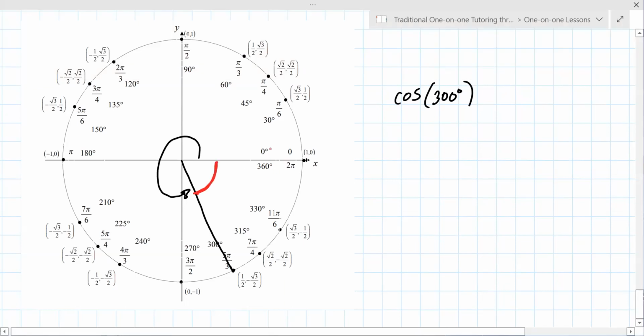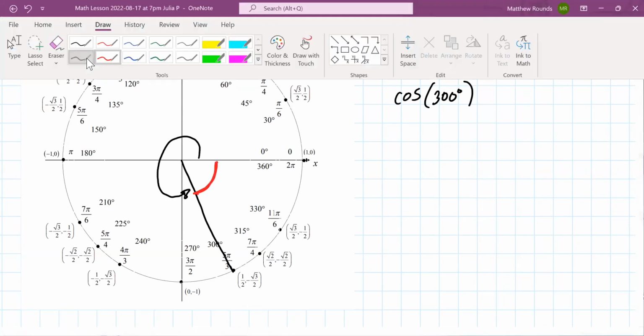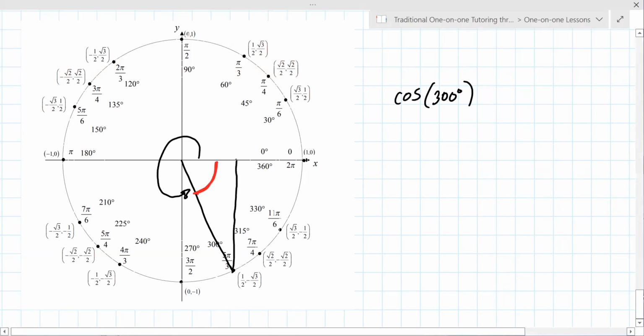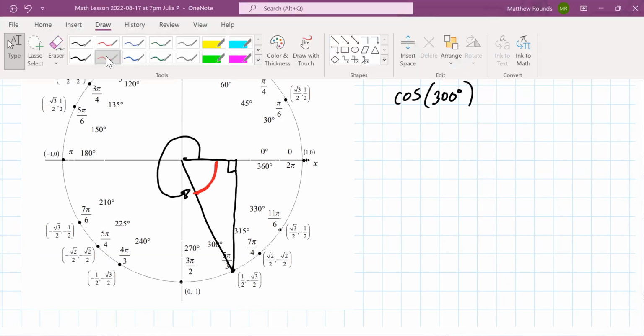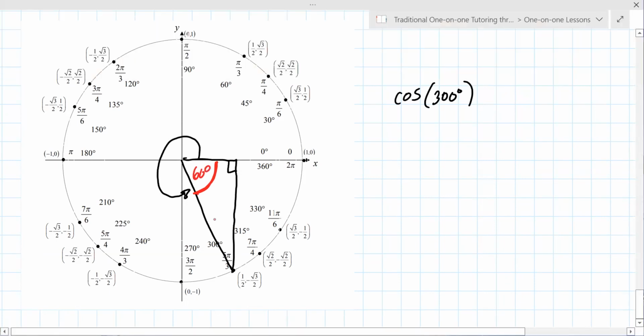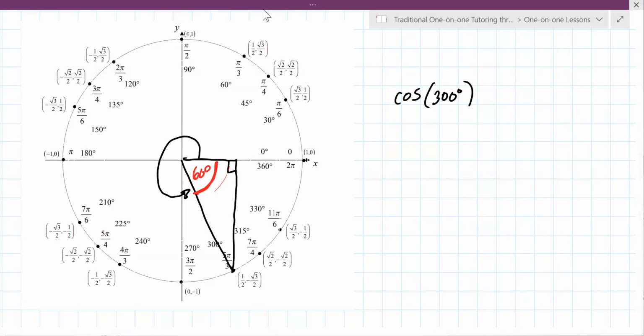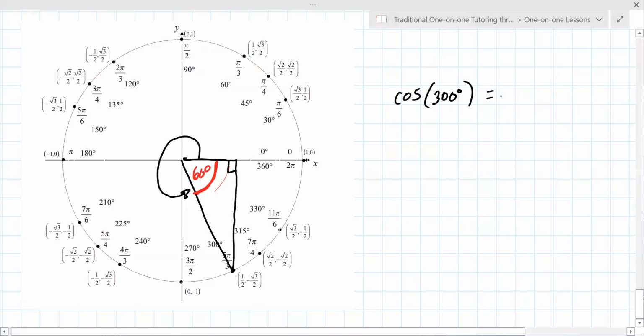What is this angle in red? You can get that by visualizing a triangle here. And maybe you can see that that angle right there is 60 degrees. It's 60 degrees because to go all the way around is 360. You've gone 300, so to go back is 60. So the cosine of 300 is equal to plus or minus the cosine of